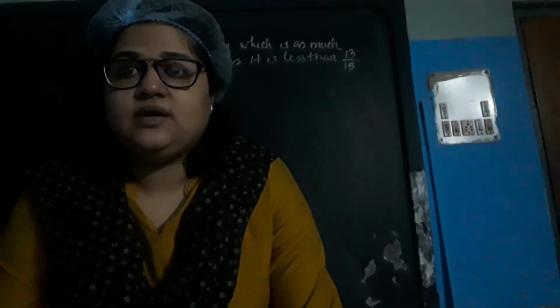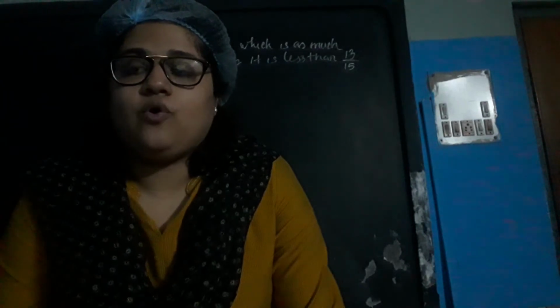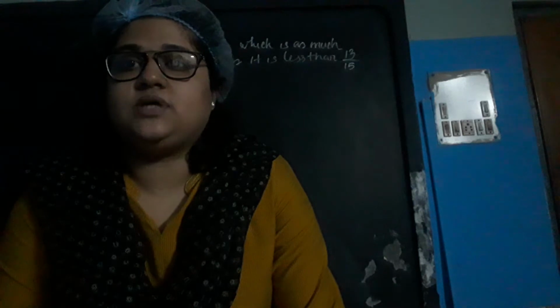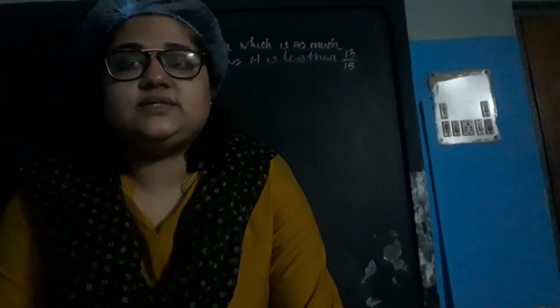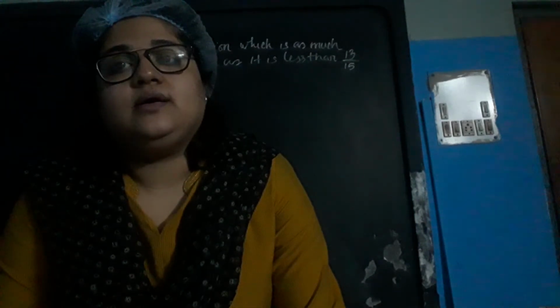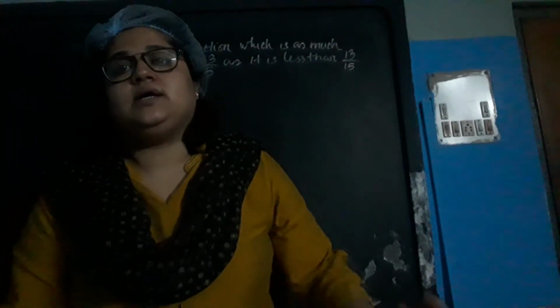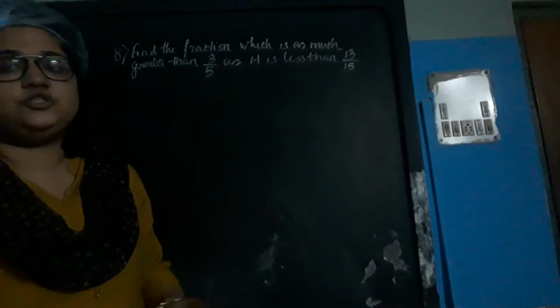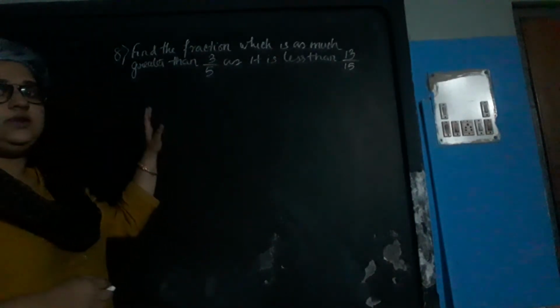Students, for class 5 it is exercise 13 and for class 6 it is exercise 18. You have similar sums in the exercise. The numberings of the sums are also the same. Only the exercise number is 13 for class 5 and 18 for class 6, containing the vulgar fraction problem sums. So till 7 we have done. Now we will continue with the 8th number.